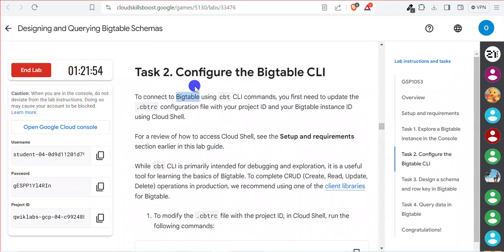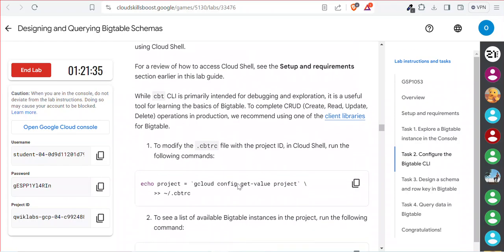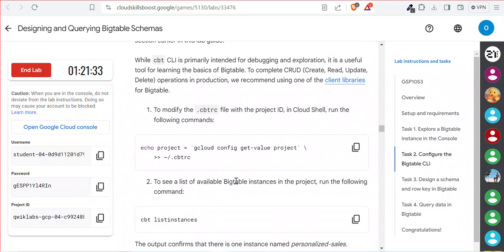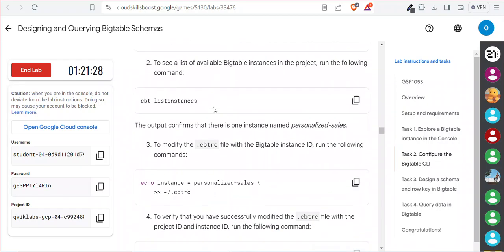In the second task we have to configure the Bigtable CLI. So remember, whenever you connect to your Bigtable instance, you need to configure your project and instance ID in the .cbtrc file.